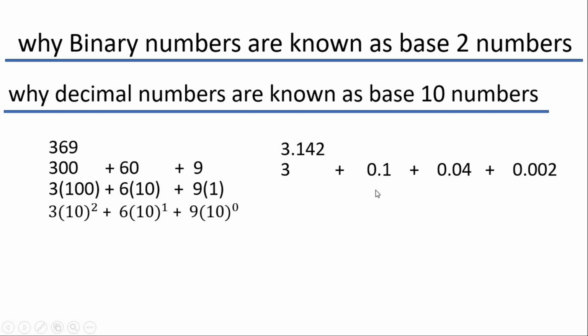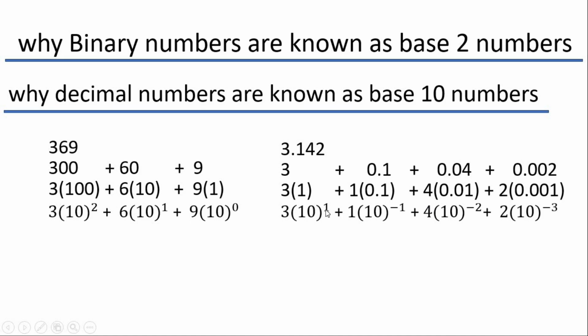If we take 3, 1, 4 and 2 common from 3, 0.1, 0.04 and 0.002 respectively, then it becomes 3 into 1 plus 1 into 0.1 plus 4 into 0.01 plus 2 into 0.001, which can be rewritten in the powers of tens as